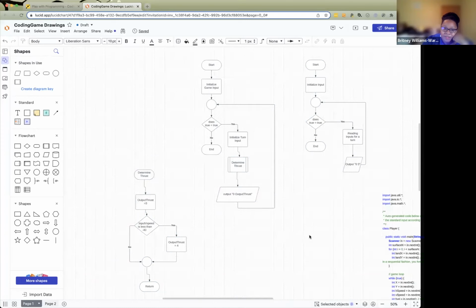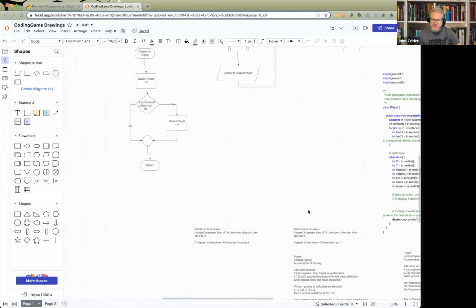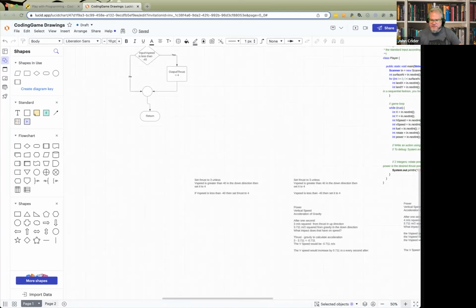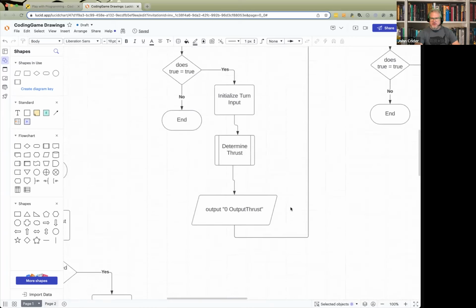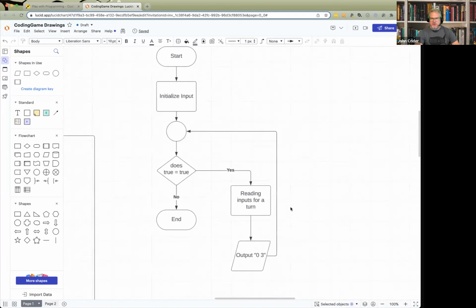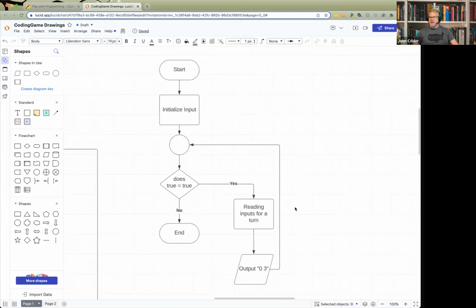thrust. And one of the things I like about this is it can drive the conversation. If at the beginning we had said, okay, we want to, let me zoom back in here, set the thrust to 3 unless the B speed is greater than 4. If we're just looking at our old code, we're like, okay, well, where are we going to do that? And then somebody might be able to say, oh yeah, right in here. We're going to do all this other stuff pretty much the same way, but we're going to do that right in here. And then our first step can be,